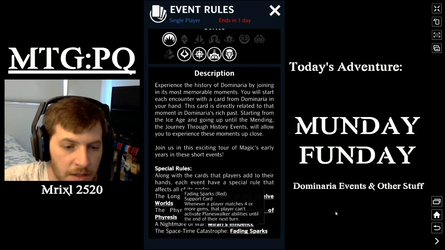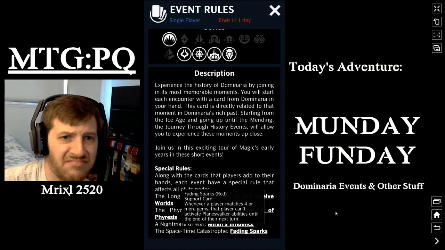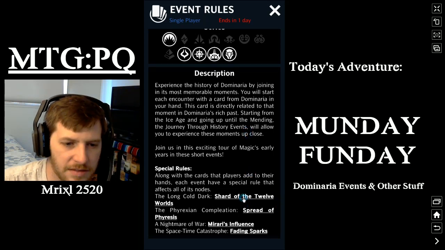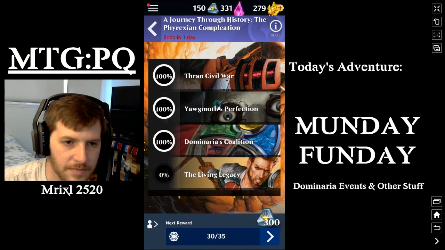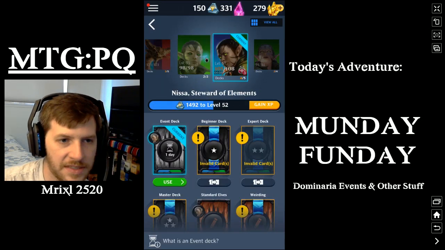Interesting. Whenever a player matches 4 or more gems, that player can't activate Planeswalker abilities until the end of their turn. That's a bummer. And let's see. This is the one that made blue pop up. Oh man, I have a great idea for this, and I can show off one of my cool new decks. Thran. Which one was it? It's the one with...